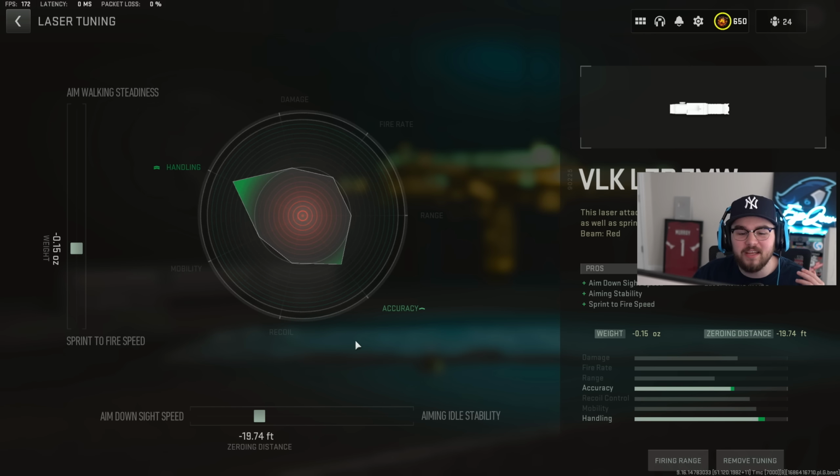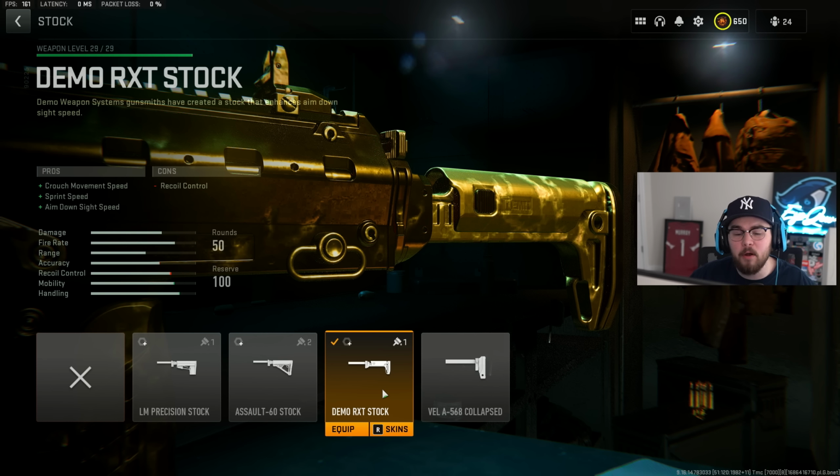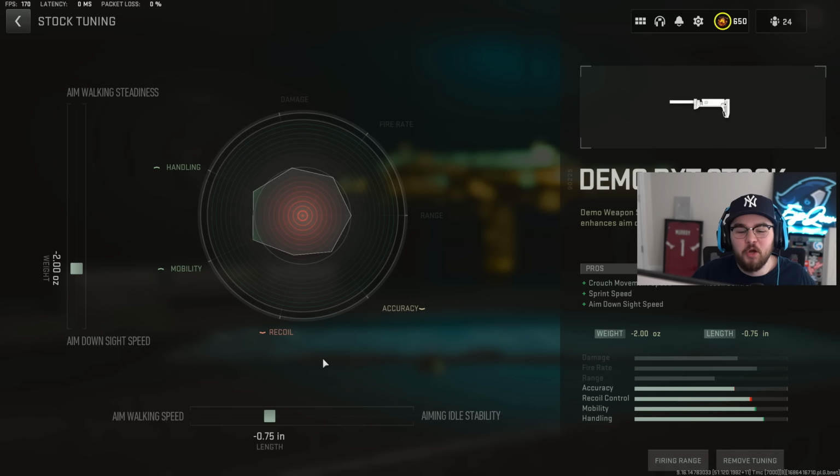For the tuning on the laser, I did negative 0.15 for that sprint to fire speed, negative 19.74 feet for that ADS speed. Making you even faster is the Demo RXT stock, giving you that crouch movement speed, ADS speed, and sprint speed, like I said with the laser, making you as fast as humanly possible around the map. For the tuning on the stock, I did negative 2.0 for the ADS speed and negative 0.75 for the aim